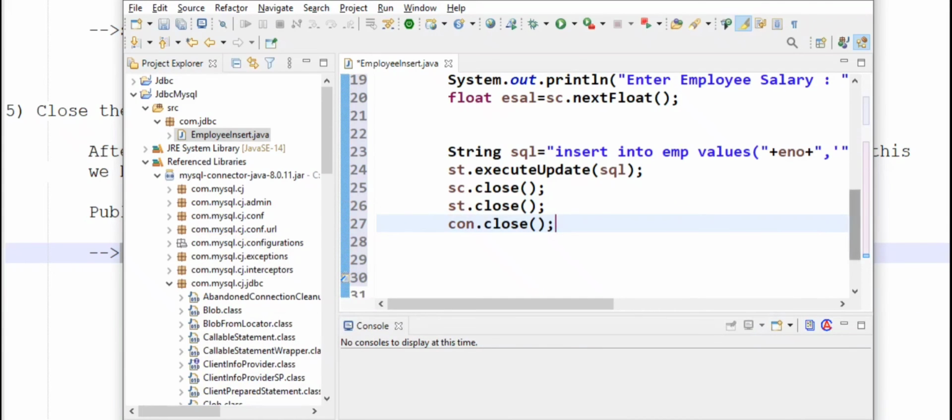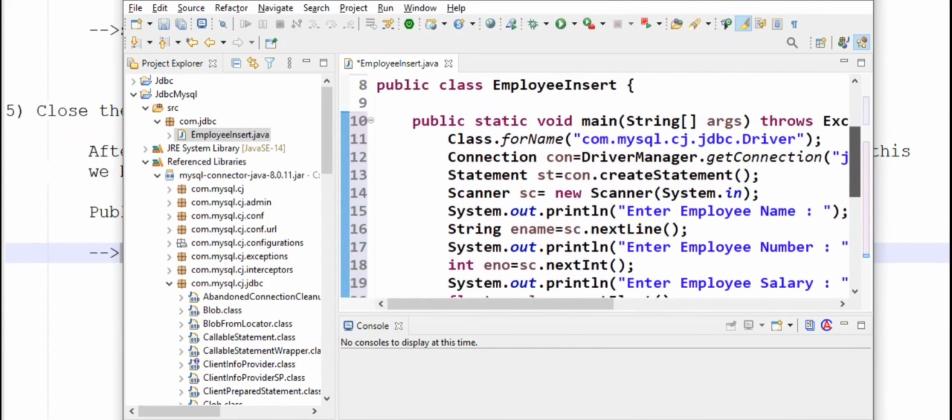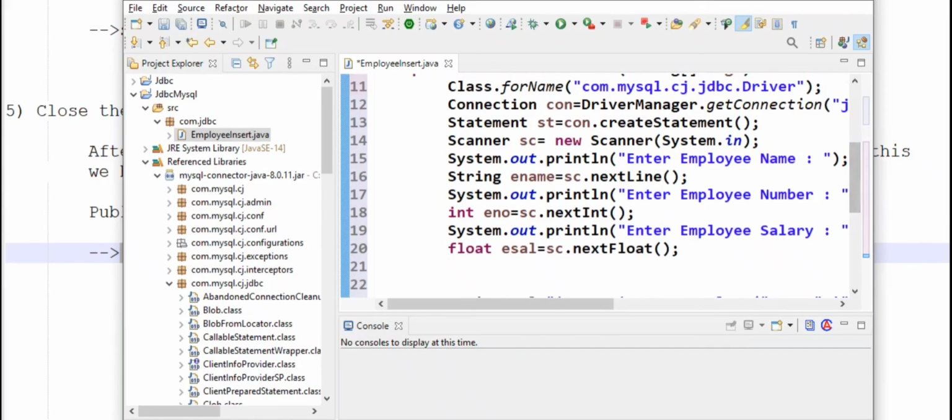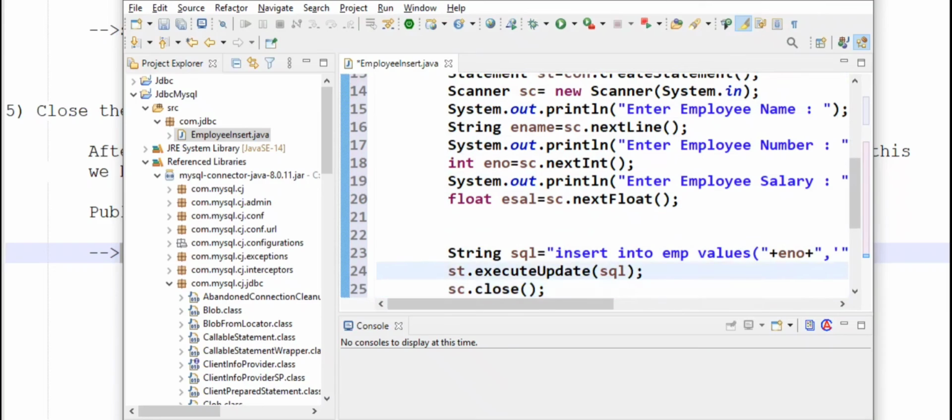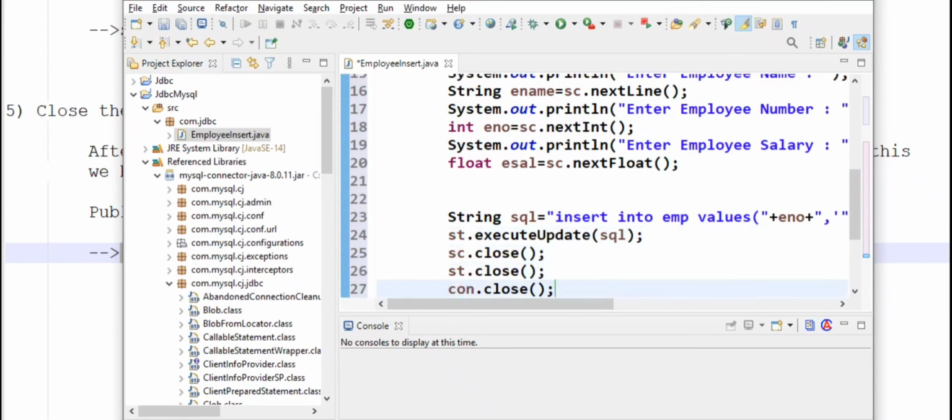Now we have completed our coding part: load and register driver, creating connection, statement object, dynamic input for SQL query, execution of SQL query, and closing other resources and connection.